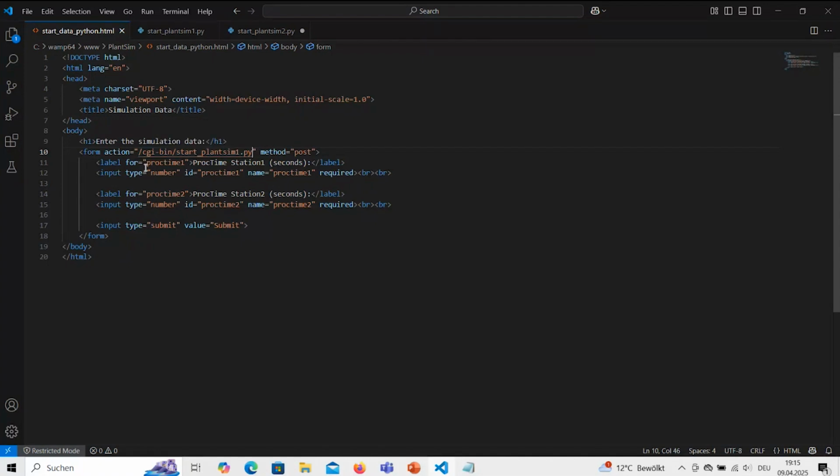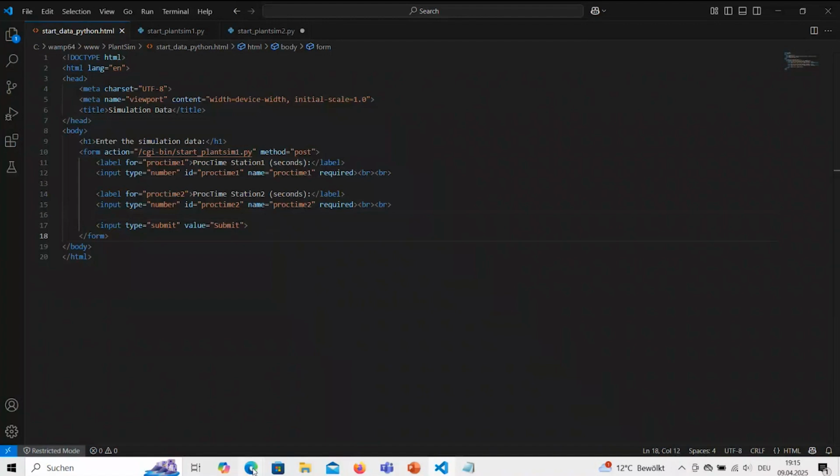I have two input elements here. Input is a simple text input, proctime1 and proctime2. And the Apache server will hand over this data to the Python script here.